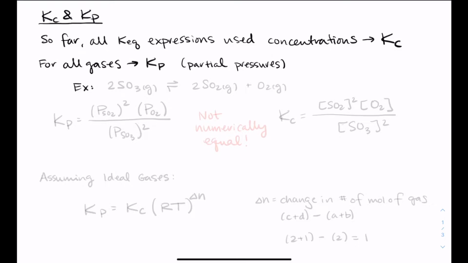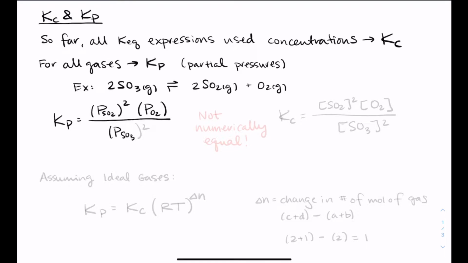And obviously, let's do an example. So 2SO3 gas in equilibrium with 2SO2 gas and O2 gas, we could, as we have always done, write this with concentrations, and that would be the concentration of SO2 squared times the concentration of O2 divided by the concentration of SO3 squared. But this uses all concentrations, and we have pressures, so it would be nice if we could